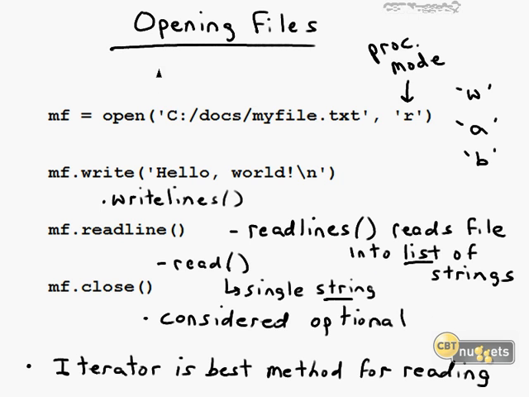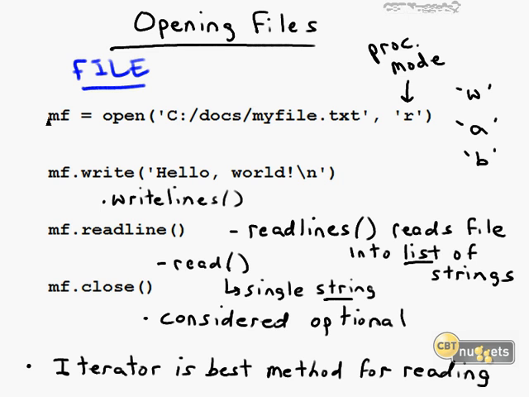Onward and upward to opening files in Python. We've looked at several types thus far, haven't we? String, list, dictionary. I'm not going to repeat them all again. You're about ready to meet another type, and that is, you guessed it, the file type. What we're going to do here is learn how to access and open files for reading and or writing.